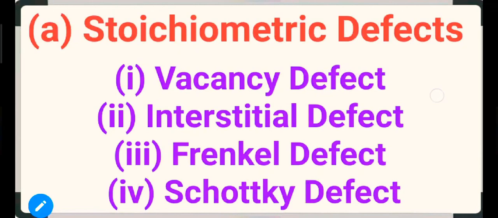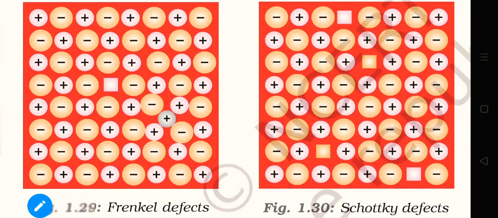So let us move on to Frenkel and Schottky defects. This is the Frenkel and Schottky defect diagram. As we can see in this case, first of all let us discuss Frenkel defect. What is going on in Frenkel defect? Frenkel defect is actually showing both types of defects we discussed earlier, that means vacancy and interstitial defect. Now Frenkel defect is generally observed in ionic substances which have a larger difference in their ionic sizes. Normally positive ions or cations are smaller in size and negative ions are larger in size. If the difference between their radii is comparatively big, then they will show Frenkel defect.